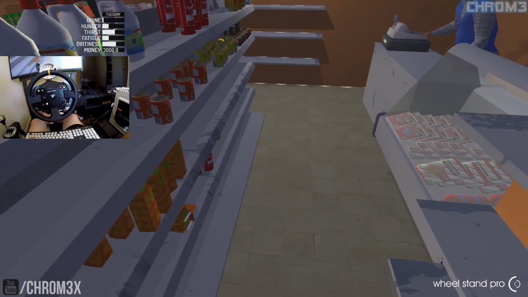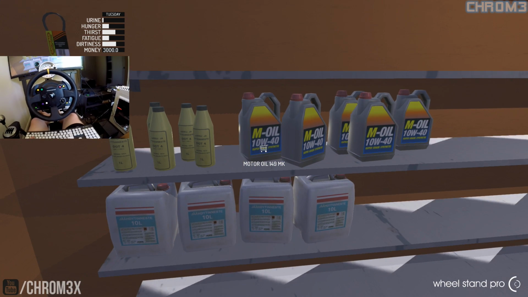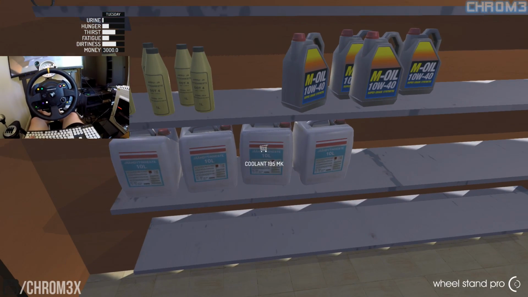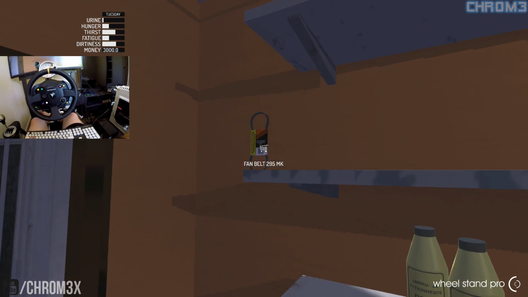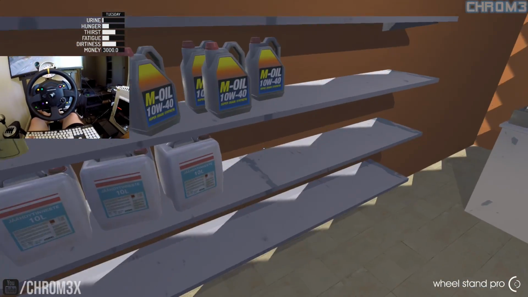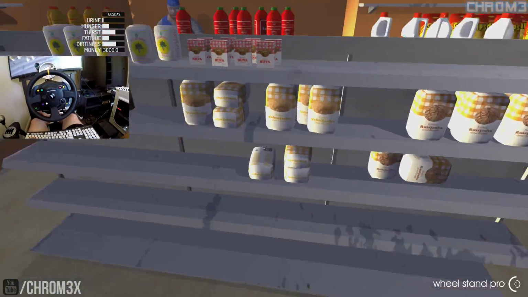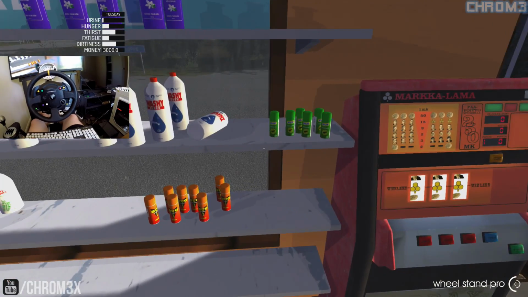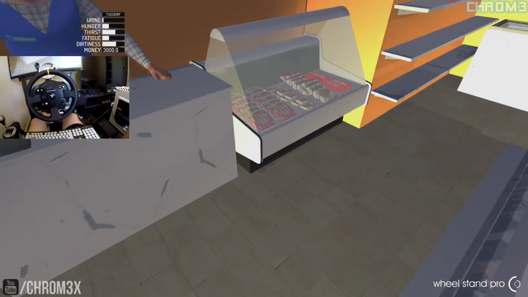We'll grab a beer case. We'll grab some oil. Grab some coolant and we'll grab 3 of them or whatever. We'll grab a fan belt. Now, the reason we're doing that and we're grabbing so much fluid is because we could leave a brake line or something undone and lose all the fluid. Grab a few mosquito sprays and